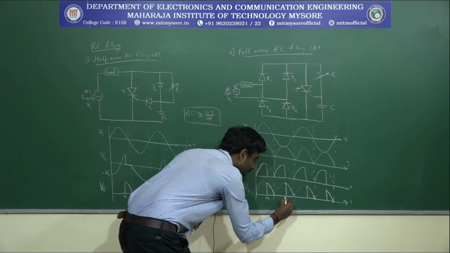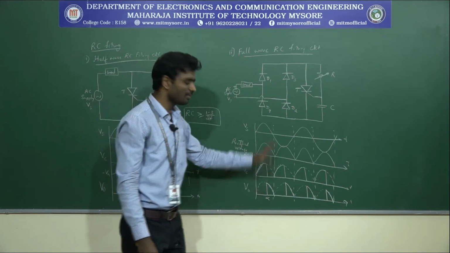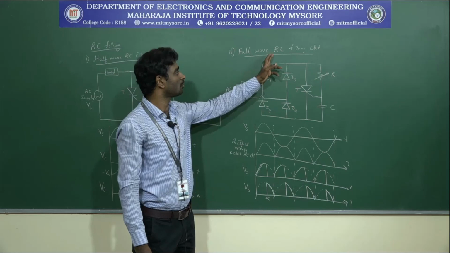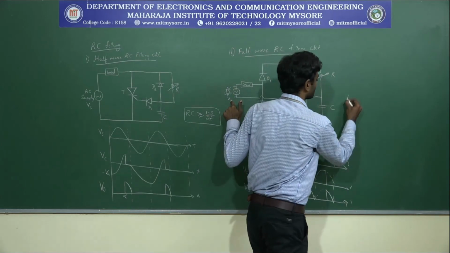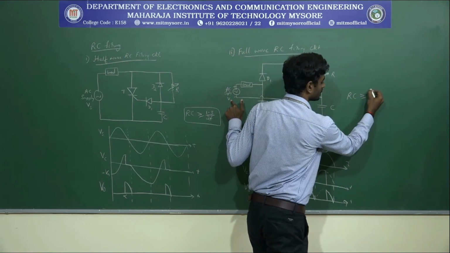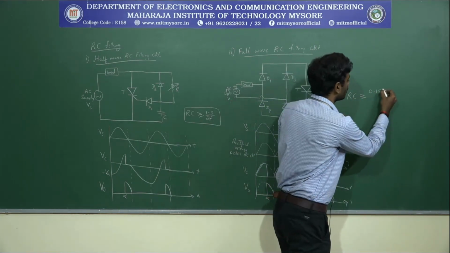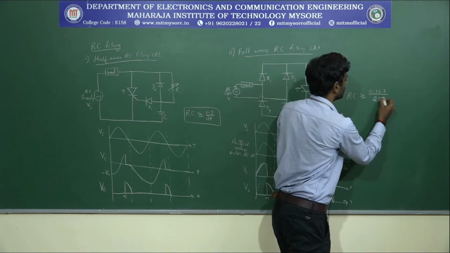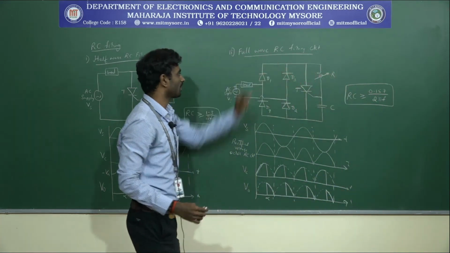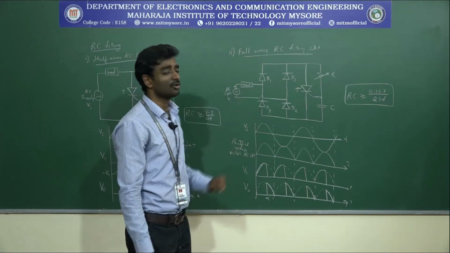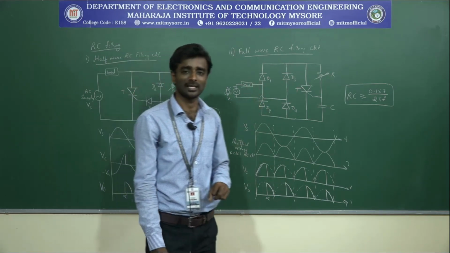So this will be the alpha. This will be the triggering angle, that is the firing angle for your full wave rectifier circuit, that is the full wave RC, resistance capacitance firing circuit. And here RC should satisfy an equation that has to be maintained, that is RC should be greater than or equal to 0.157 divided by 2 pi f. You need to follow this design consideration for your full wave RC firing circuit to work as a firing circuit. This is with respect to the second type of your firing circuits.